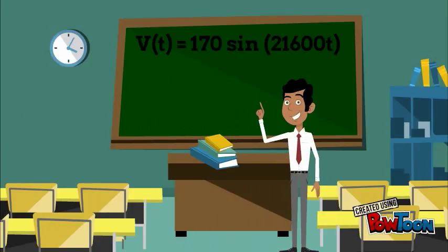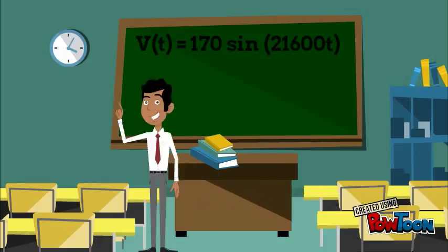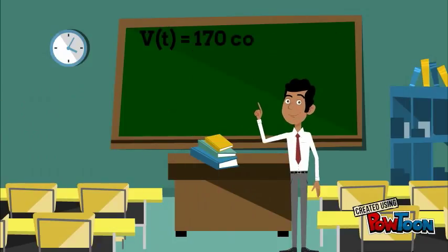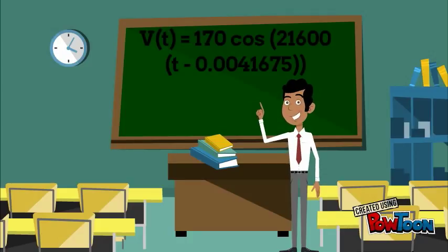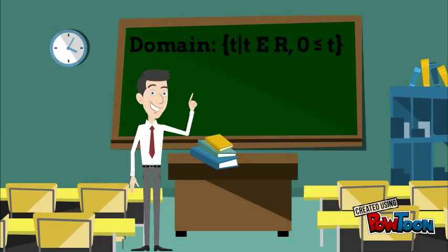Therefore, one equation for this graph would be v at t equals 170 sine of 21,600 times t, where t is the time in seconds and v is the voltage in volts. Another equation using the cosine would be V(t) equals 170 cos(21600(t minus 0.004165)). The domain of this graph would be t such that t is an element of real numbers where